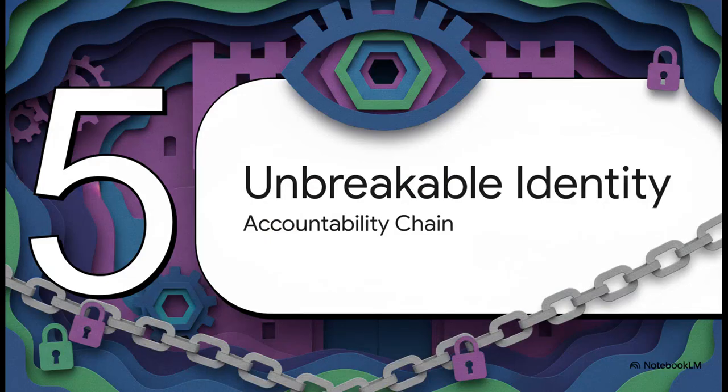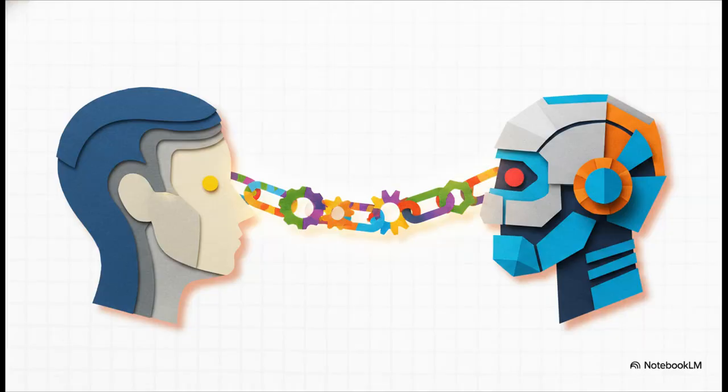All right, rounding the corner here. Part 5, Unbreakable Identity and Accountability. This is the final layer of the PRISM Fortress. So every single agent is bound by Character Accountability Control, or CAC. And guys, this isn't just a basic username. It's an unbreakable chain tying together the character ID, the specific user and operator emails, all the way down to the exact client and session IDs. So the crucial point is that this completely eliminates anonymity. It ties every single machine action to a very specific human operator.